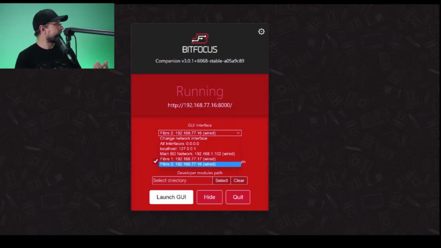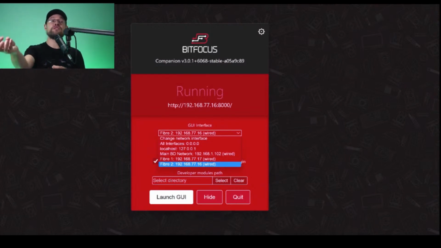You can pick, so say I have an internet-only network and I have a network that's interfacing with all of my cameras and devices, then we probably want to pick the NDI network, and I'm going to do that. The reason why I really like Companion, and I've had a fair bit of experience with Companion, I'll talk about that in a minute, is you can bring in multiple modules and they all can talk on the same interface, right? So you can bring in vMix commands, you can bring in BirdDog preset recalls, you can bring in Blackmagic ATEM commands. They can all reside on the same device.